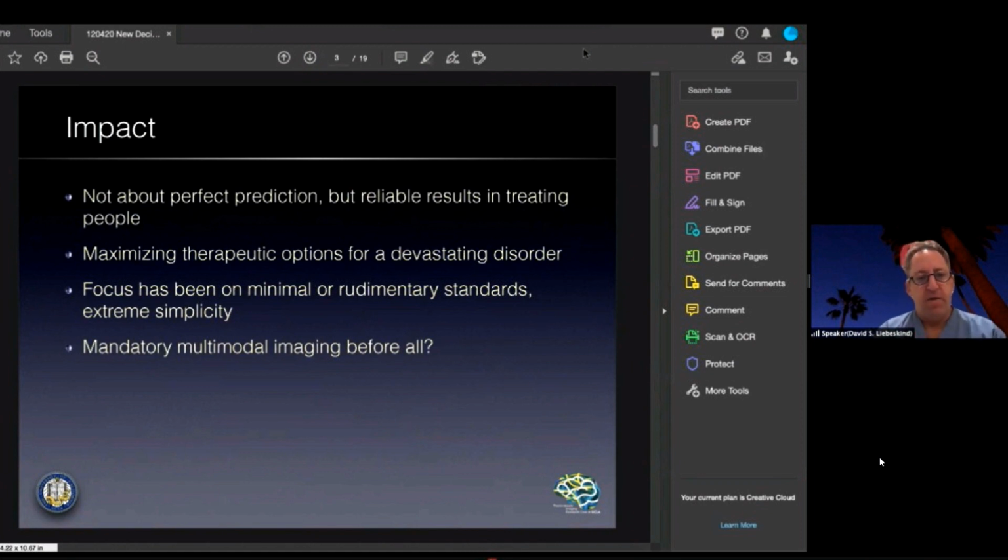But when we think about the impact, we have to think about not being perfect in terms of prediction. We have really focused our efforts to try and perfect what we can do in terms of predicting who will do well and who will not do well with or without therapy. But what we are really focused on is making sure we give the best possibility of outcomes in the largest number of stroke patients that we see. We need to really maximize what we can do in terms of therapies, our tools and our therapeutic options for